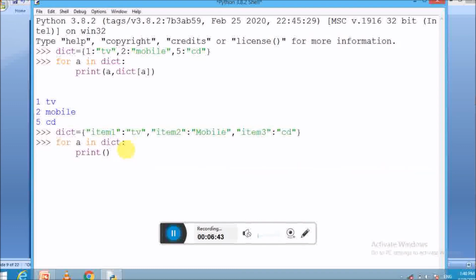The first one is the key, which holds the key variable A, and then the variable DICT, and here we have to pass the variable which contains the key, which is A. Now press enter and see the result here. The keys and the values are displayed here. So in the first example, the key is in number format, and in the second example, the key is in character format. So it means that both numbers and characters can be used as a key in the dictionary.